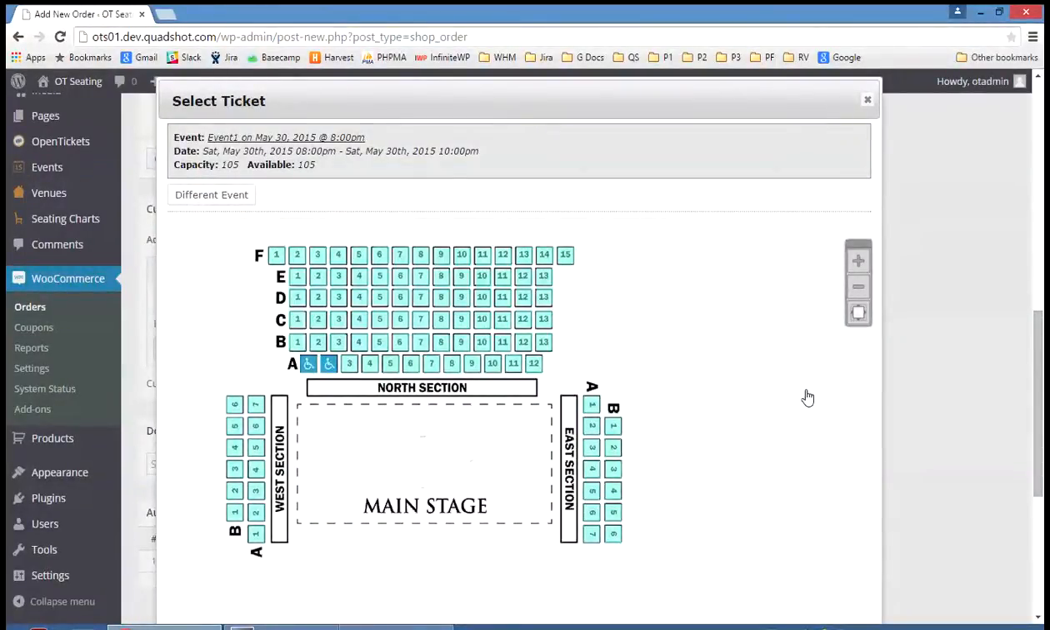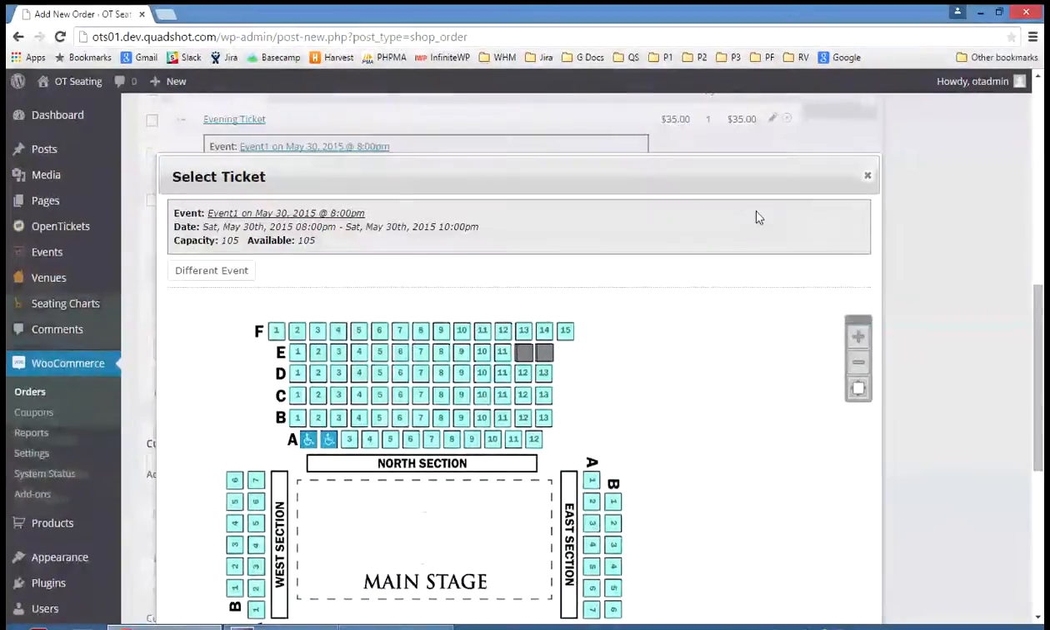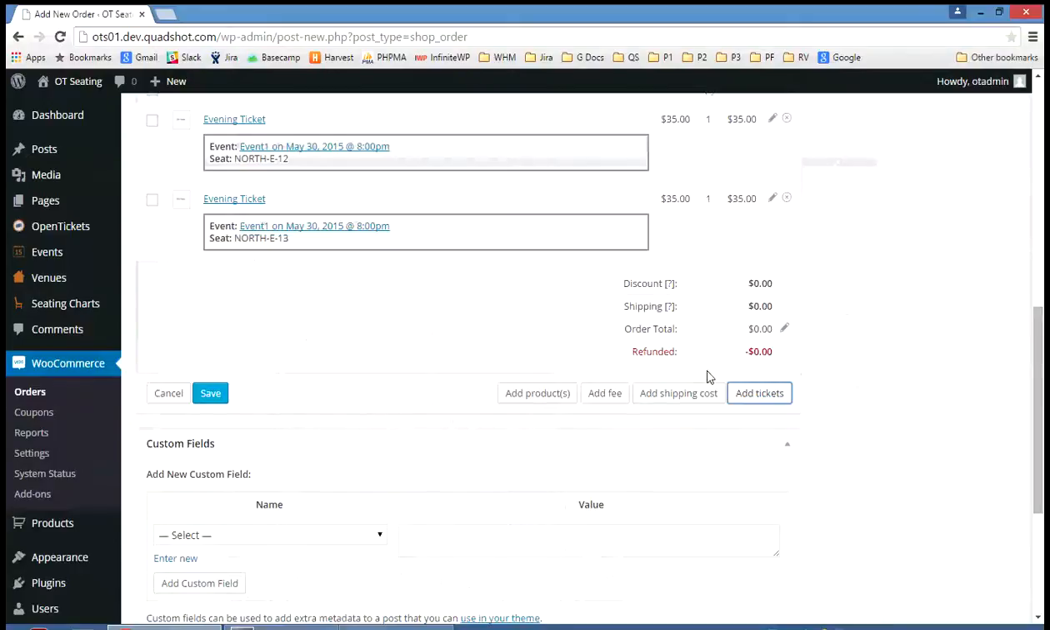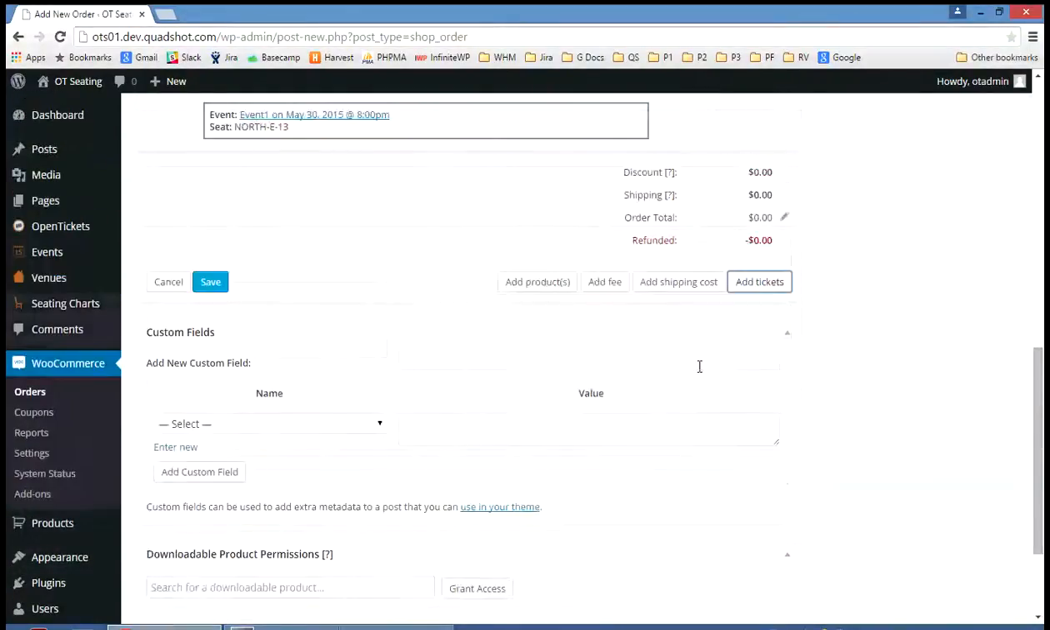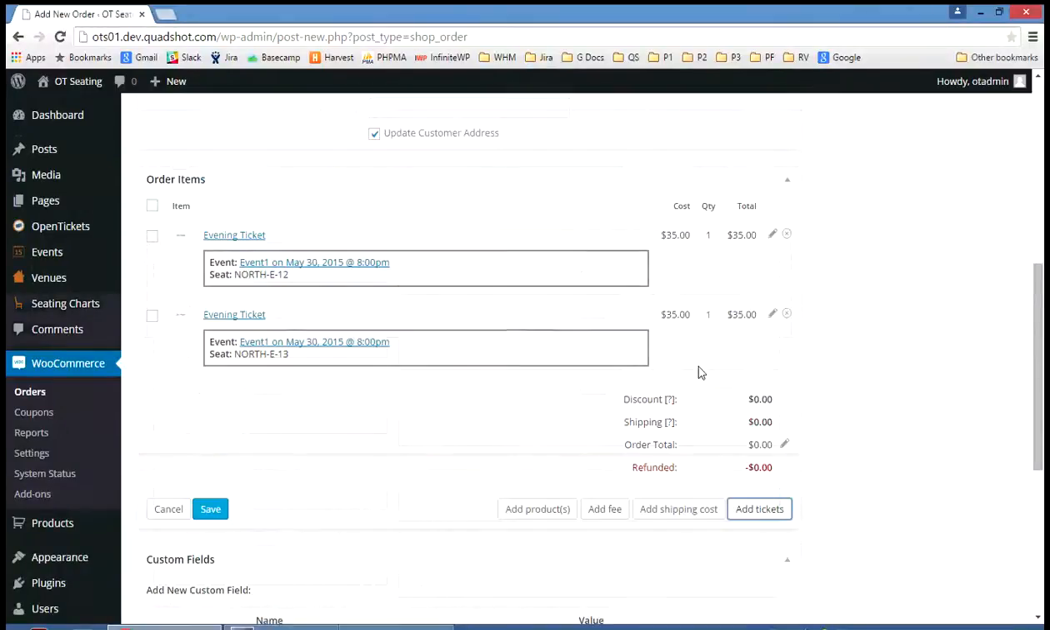I want to buy. Let's suppose, for the sake of this, I want to buy E12 and E13. So I click on E12 and I click on E13. Those seats are now selected. If I click the X to close this box, when I return down here, you'll notice that these two seats have now been purchased. I'm going to save that,